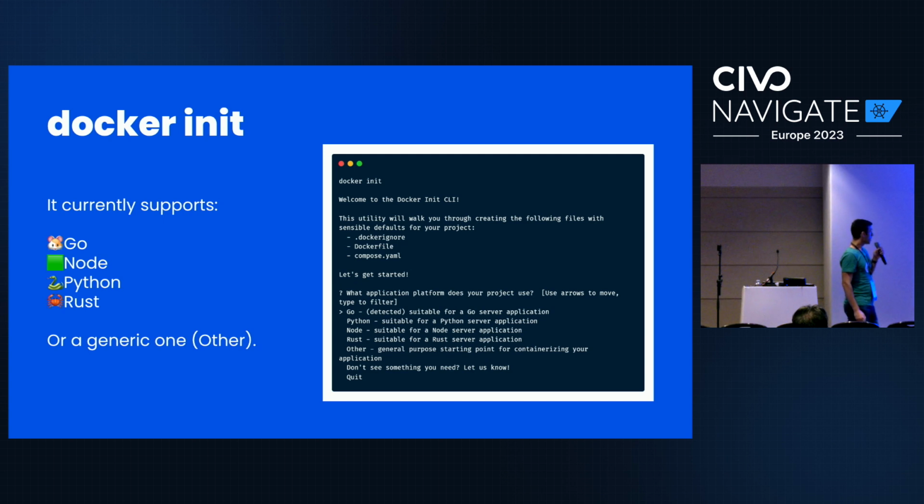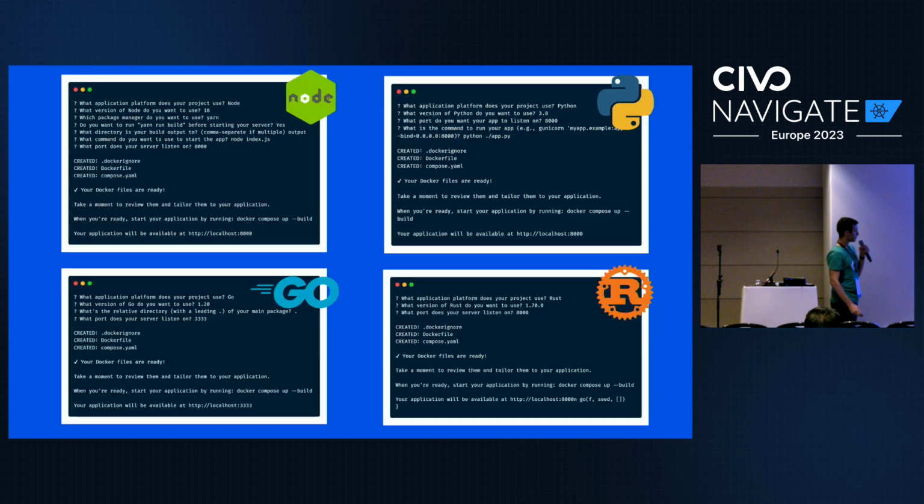Docker Init currently, today, I hope, if they are not changing something this morning, supports 4 different languages: Go, Node.js, Python, and Rust. Yes, I know that Node.js is not a language, but I know someone thought that. Or there is also this generic one. I didn't try it, to be honest. I tried, I think, a couple of them. So we will have this very simple prompt. It's a CLI tool, and in particular, we will use the Node version today with a very simple hello